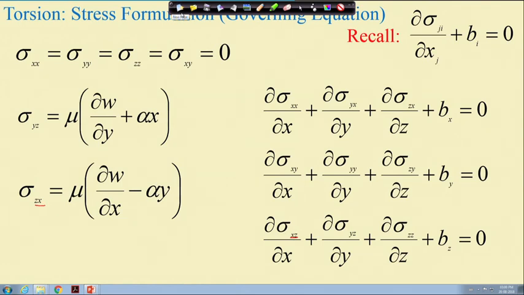Okay. So, then another condition we impose now, that since it is only subjected to torsion, we are only focusing on torsion, and we assume that there is no body force in the material. So, if there is no body force, then all these body forces we can straight away make 0. Now, from this, if you substitute these equations, this term will be 0, this term will be 0, this term will be 0. Similarly, if you substitute all these expressions, we are left with